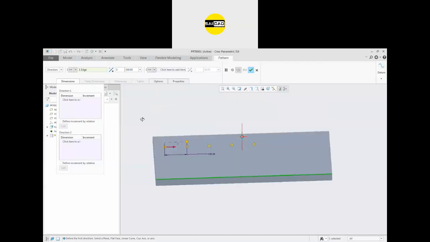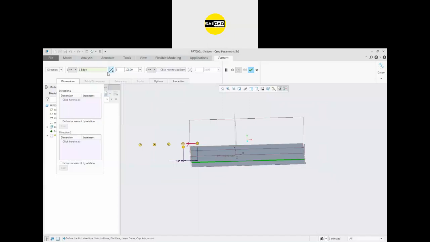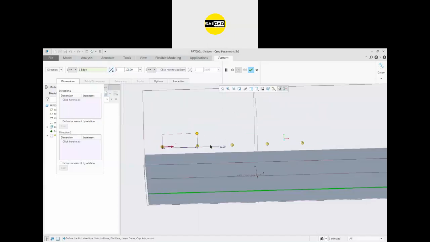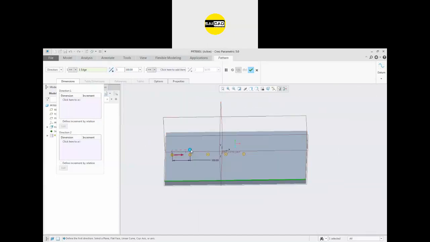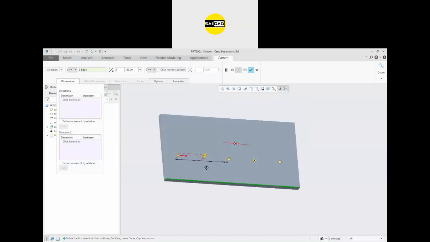If you want to change the direction, just click here, direction will be here, click again, direction will be here. So define the gap according to your drawing. You define 150. So now this is the pattern for the first direction.